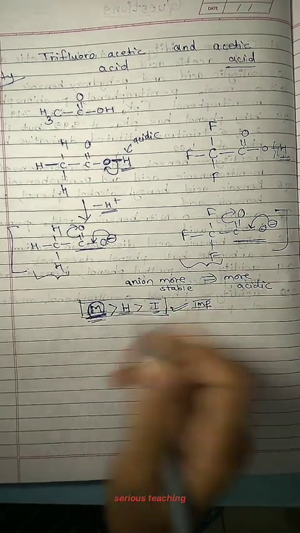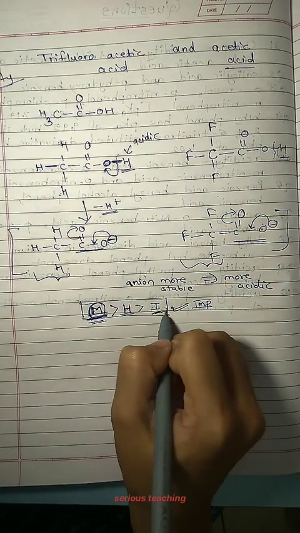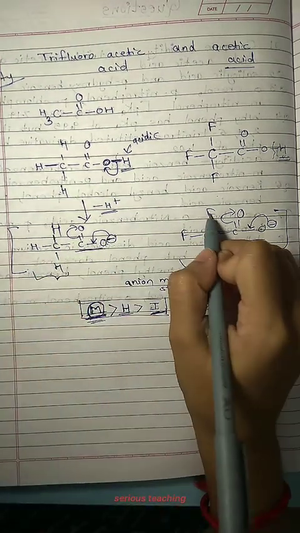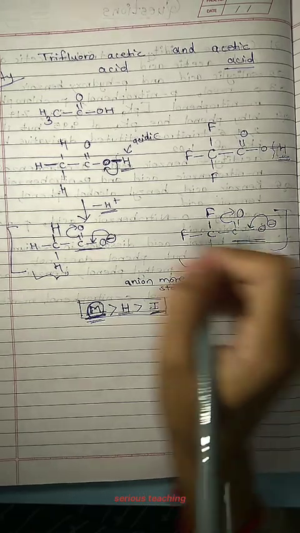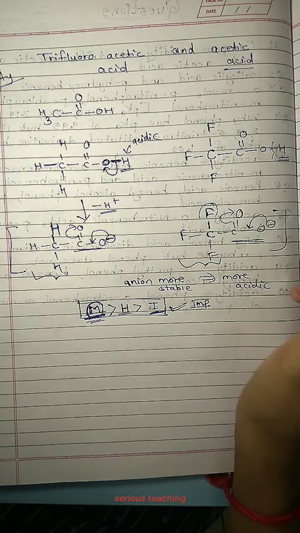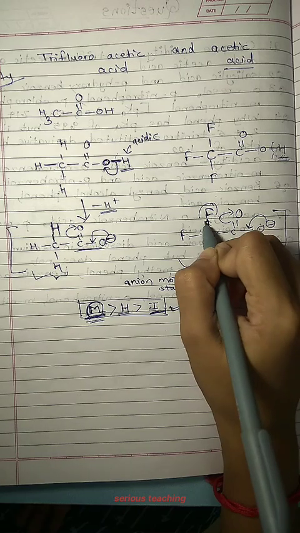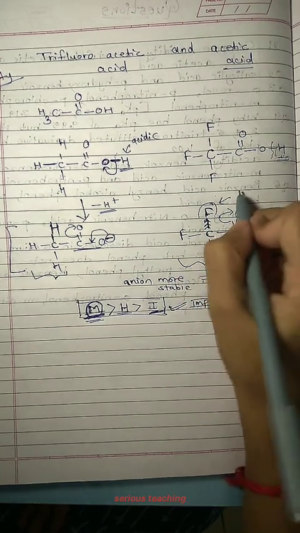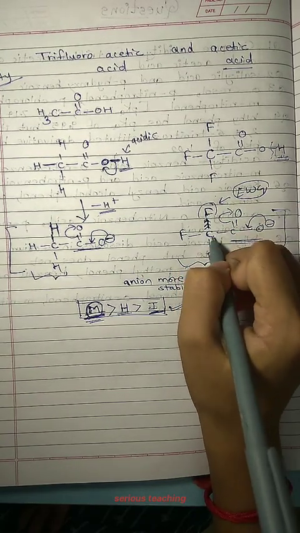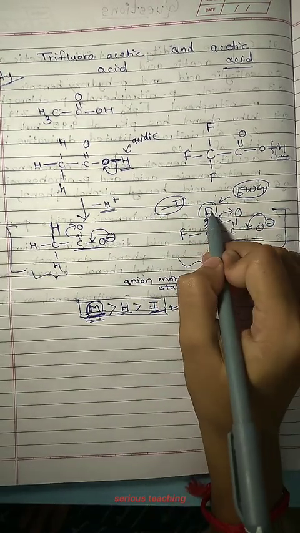So here mesomerism, or resonance, will not give us an answer. Therefore we can use the inductive effect here. Why? Because you know here hydrogen and carbon are attached through a sigma bond. Here fluorine and carbon are attached through a sigma bond, and when we compare hydrogen and fluorine, fluorine is highly electronegative. And when fluorine is highly electronegative, what will it do? In this bond, fluorine will pull electron density toward itself. Here fluorine is acting as an electron withdrawing group, and whenever an electron withdrawing group pulls electron density, the inductive effect is called the minus inductive effect.